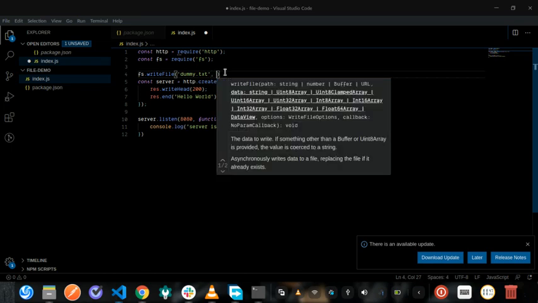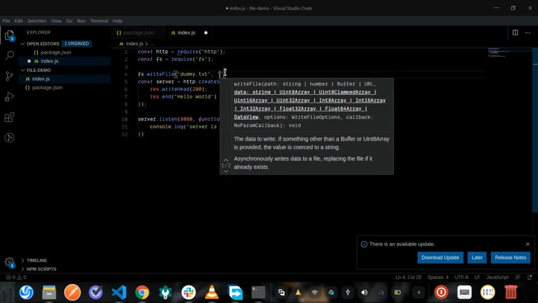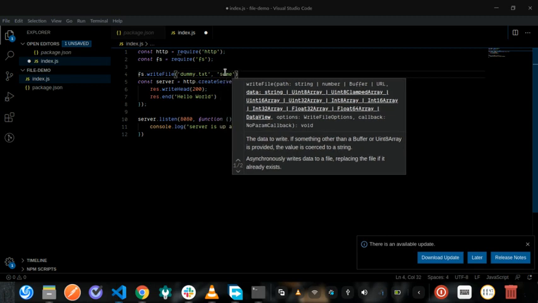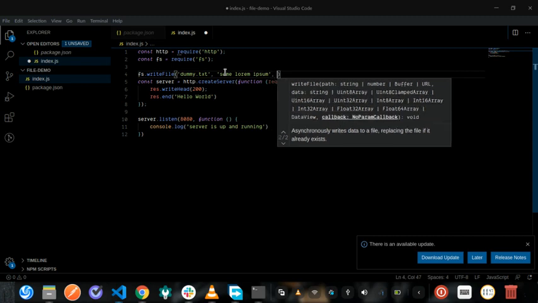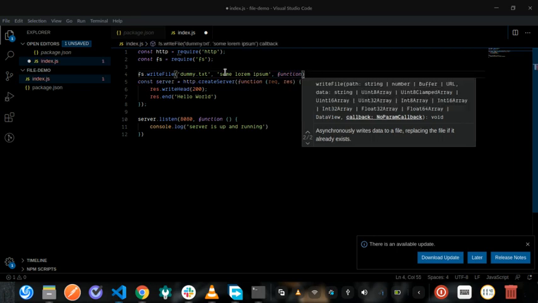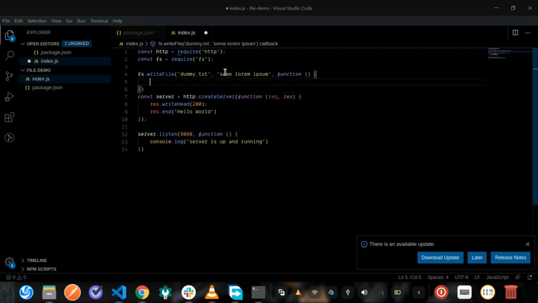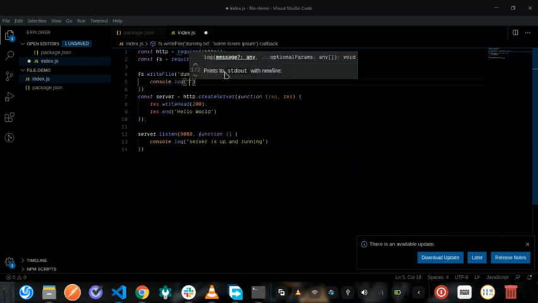So the second argument is the data which you are going to write into that file. So let's just have some dummy data. And then the third argument is a callback function. And what that callback function does is just to execute some code after the file has been written successfully. So for now, let's just say console.log file written successfully